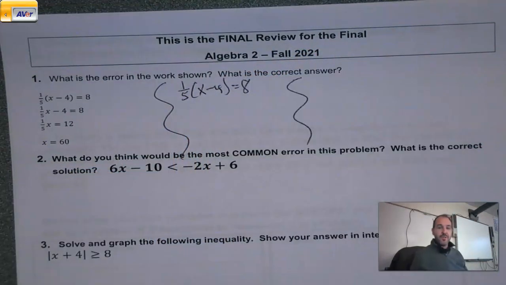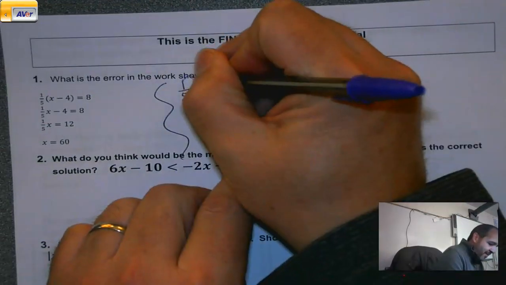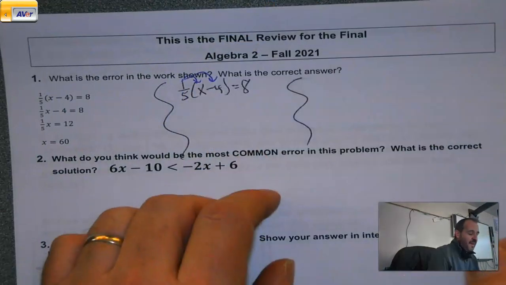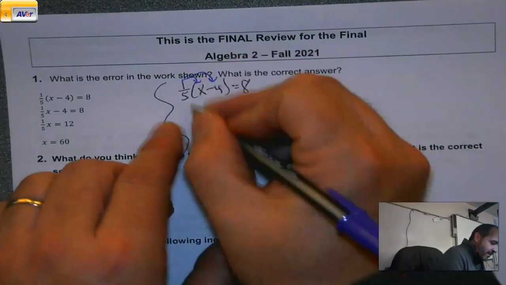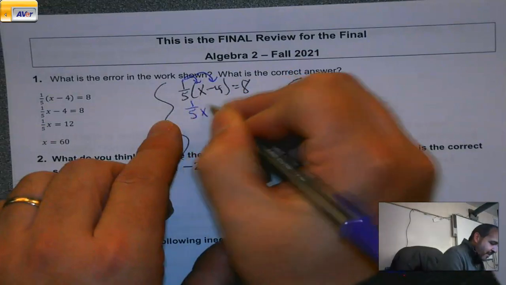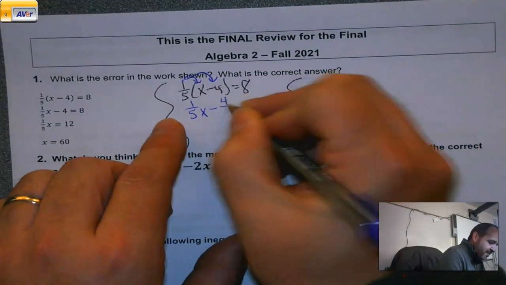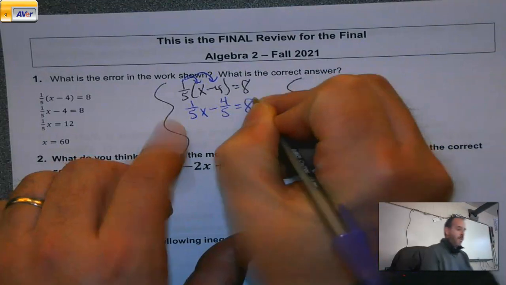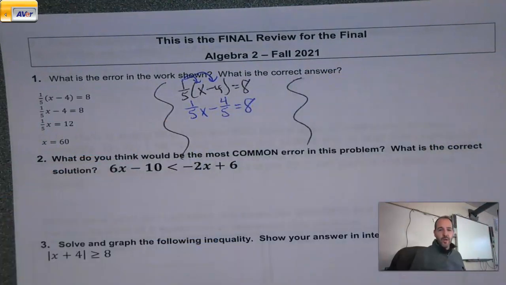So one of your options, and I have a feeling many of you would go this route, even though I think this is the trickier way: a lot of you, I think, would distribute. Now, why don't I like that? Well, let's see. That's not real nice. Okay, I don't want to keep going and going with fractions here. So if I did it that way,